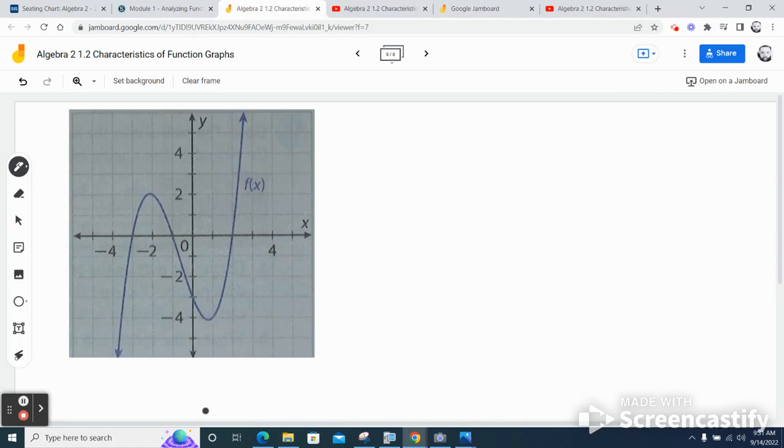All right, so for problem number 7, we have a graph and they're asking us a ton of questions. The first question is, well, it's actually one question for several parts. It says, what is the average rate of change for each interval? So we're asked to find